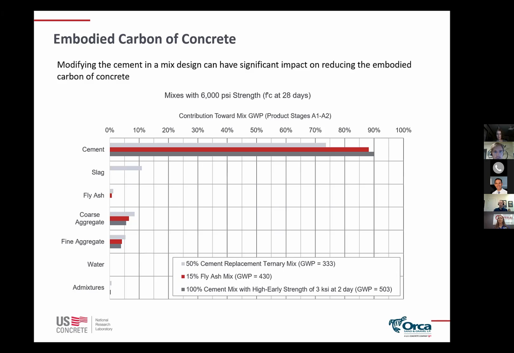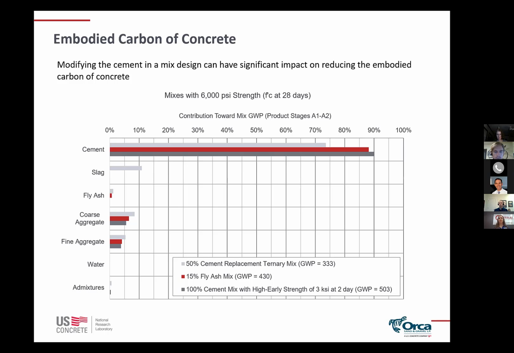Then when you go to a 15% fly ash mix, the cement is going to account for more because you have less cement replacement there. And so now you've got about an 87% contribution from the cement, and then a little bit of a contribution from the fly ash. And then when you go with 100% cement, that's where you're going to have a higher majority coming from the cement. But then when you take this and make the same plot for these same mixes,